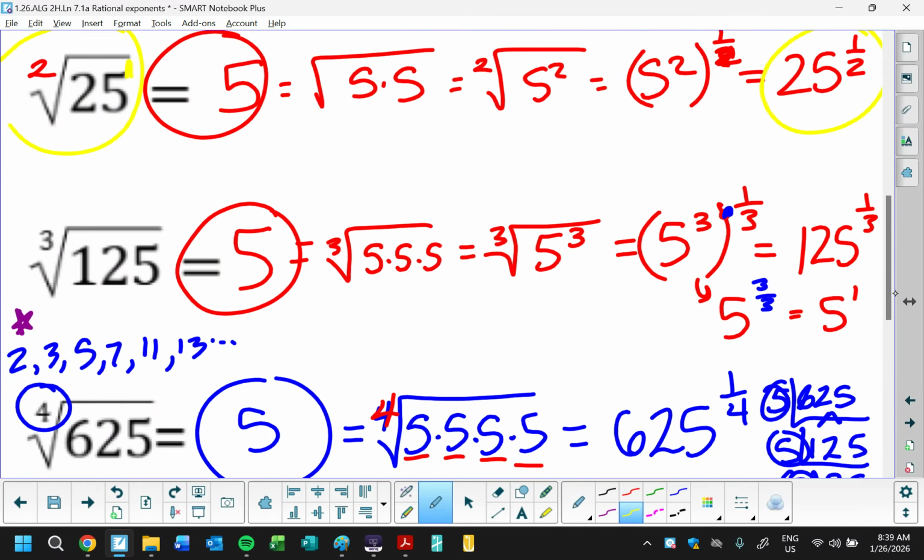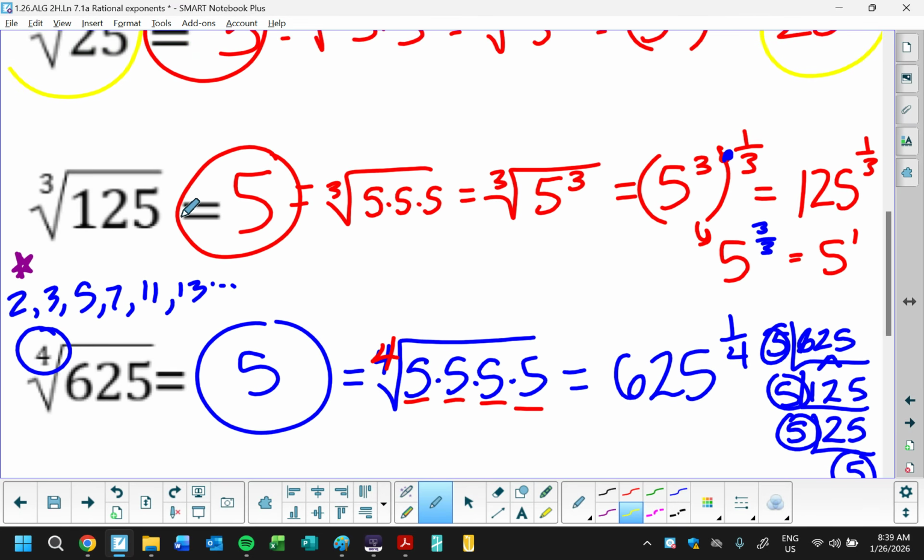And I hope you're starting to see even 125 or 625. If you wrote 625 to the 1st power with the 4th root of such,